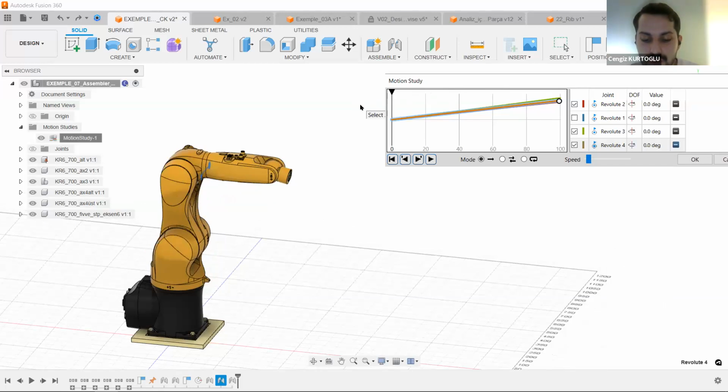You can add some obstacle geometries, obstacle objects, and you can analyze all joint parts or all joint values in these projects. For example, in the company that I worked for, creation of these parts, these values were added directly to the automation parts to manipulate the real robotic arm in our project, which